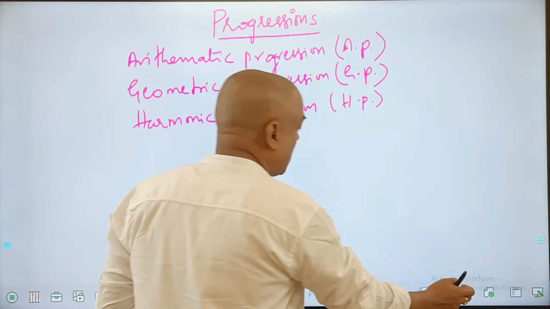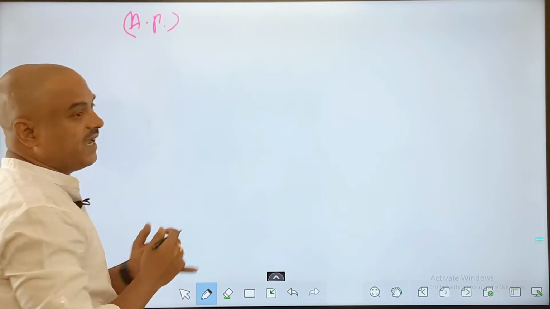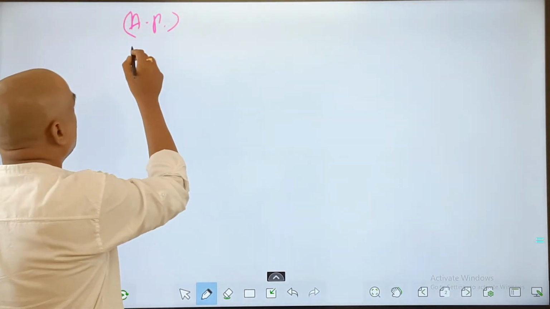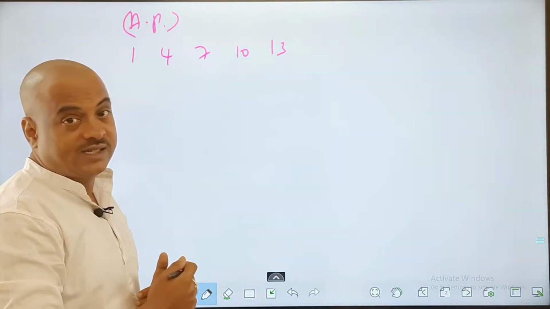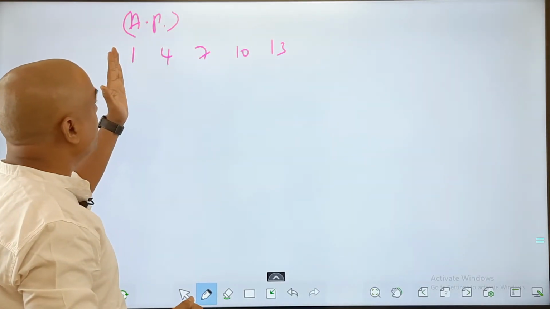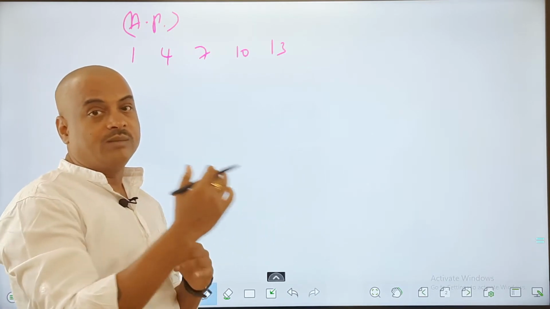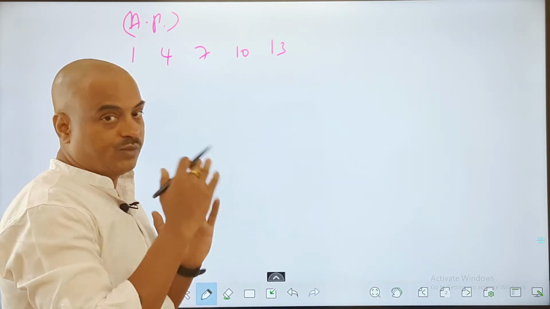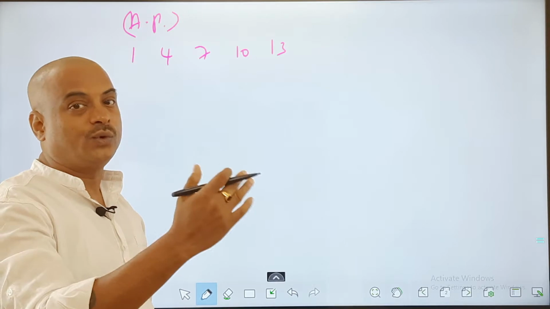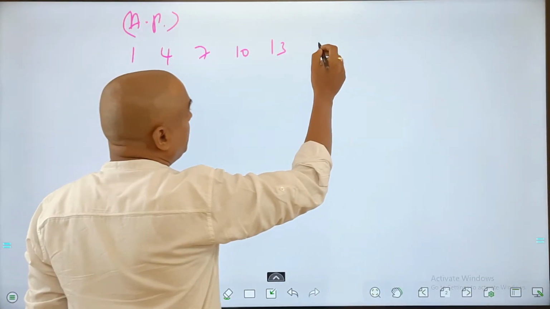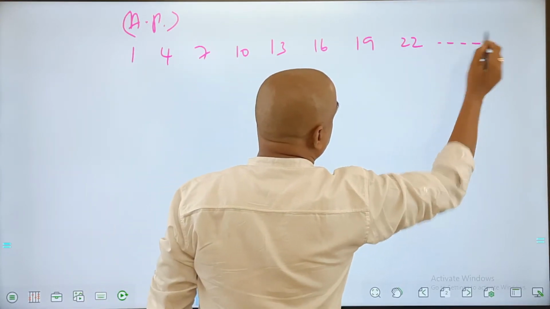So here, let me start with arithmetic first. So what is an AP series and when should I call it an AP series? Example, you take 1, 4, 7, 10, 13. Now tell me what can be the next term in this. So I can see a clear difference of 3 every time, or in simple words, to get the next term it is always increasing by 3. So there is a common difference between the first term to second, second to third, third to fourth, and so on. So the next term would definitely be 16, followed by 19, 22, and so on.